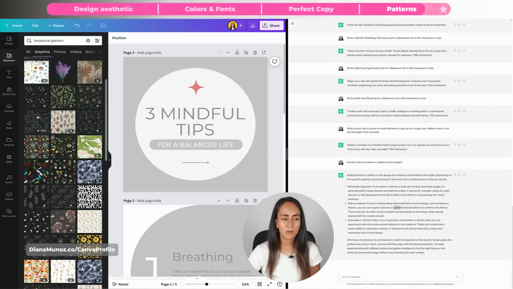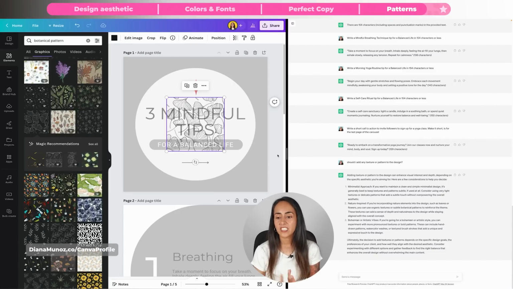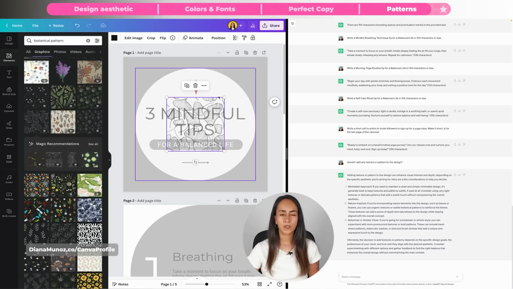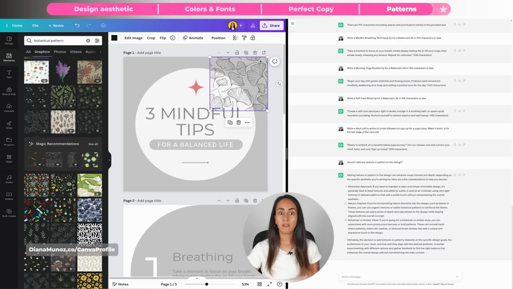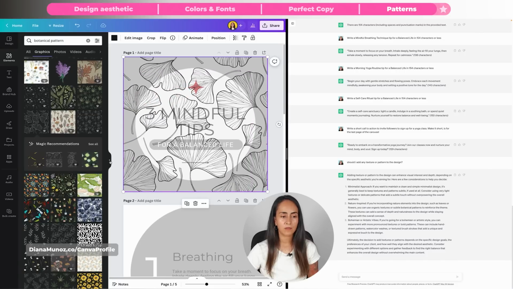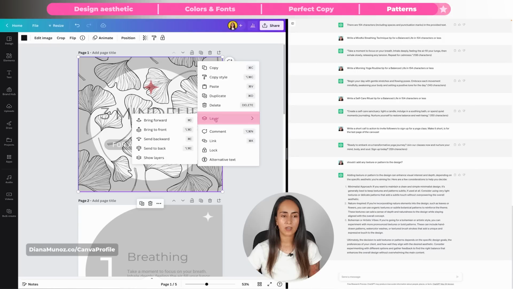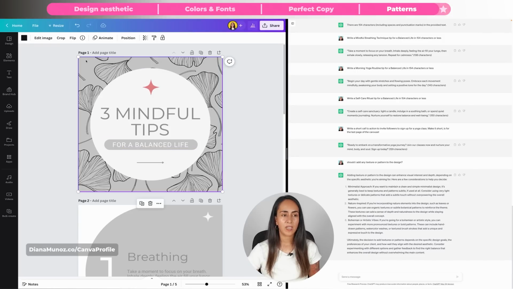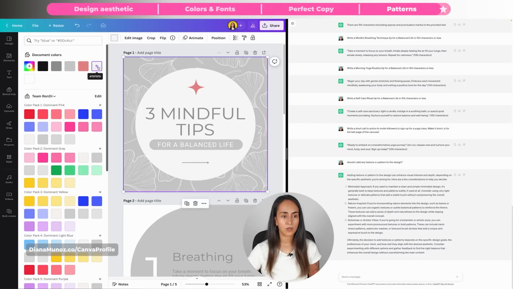I'm gonna use this pattern right here, and remember that the chat said to use subtle patterns because we are still working on a minimal design. So I have this pattern and I can make it more subtle by changing its color and also adding some transparency. So I want to add this pattern to the background. Let me right click, go to layer, and then send to back. By having the pattern selected, I'm gonna go to color and change the color so it is a more subtle color. Now I'm gonna add some transparency,